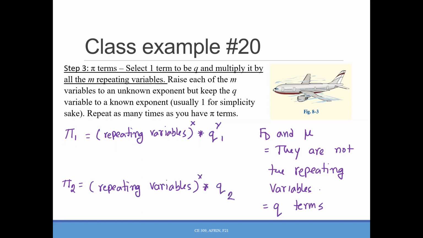One, two. Okay. So for pi 1, I will use rho A, L B, V C, and F D 1. For pi 2, I will have rho D, L E, V F, and the viscosity 2. Okay. So these are my pi 1 and pi 2 terms. So what we will do in the next slide,